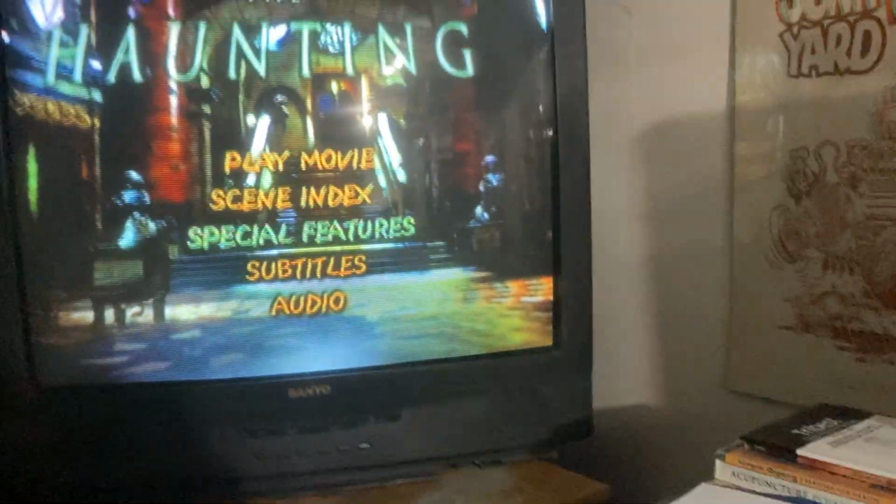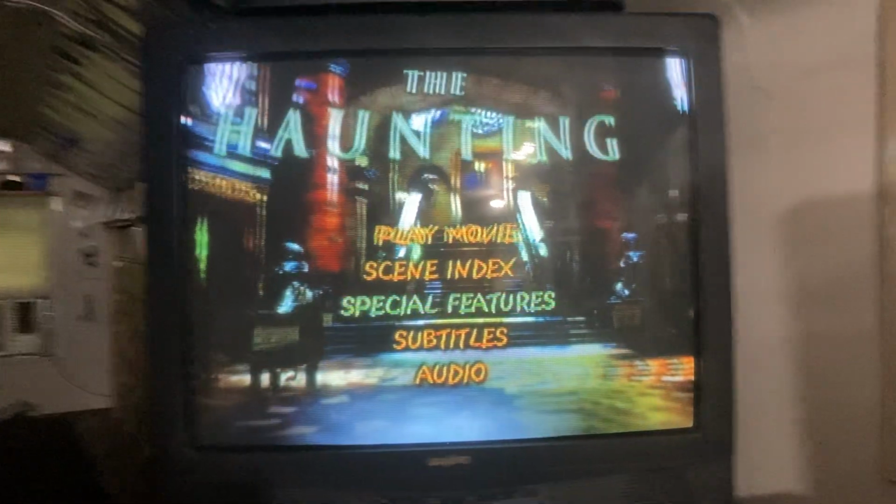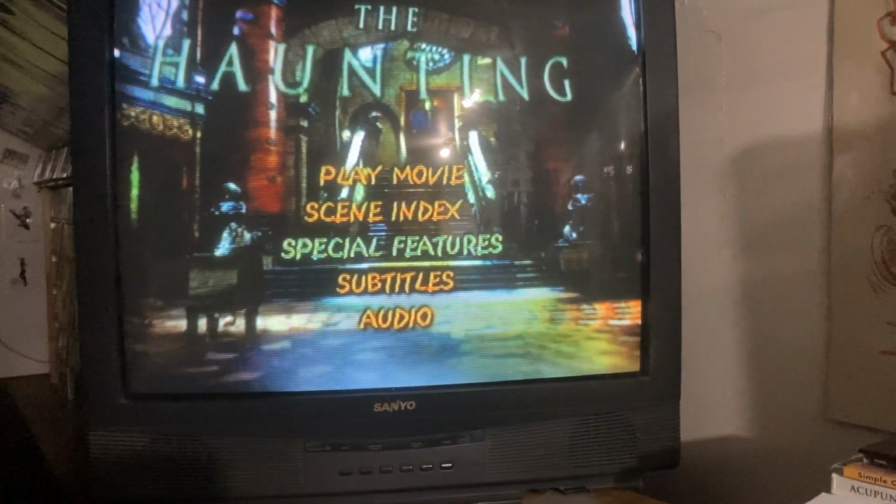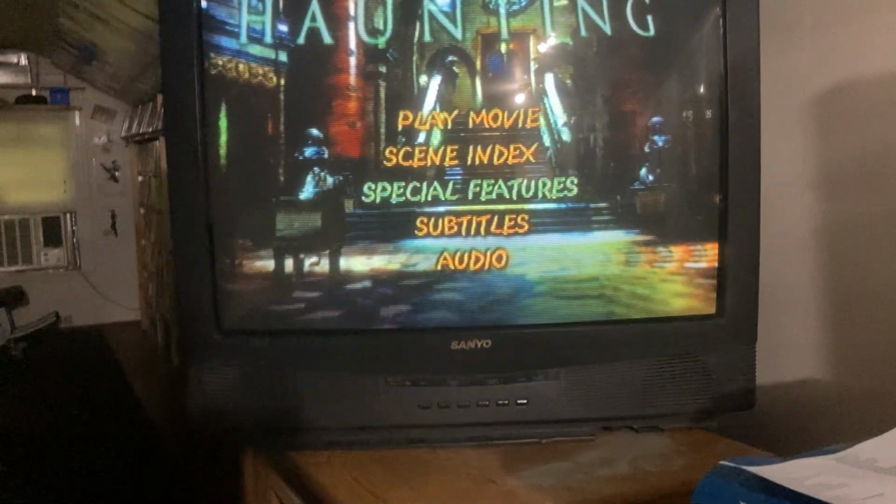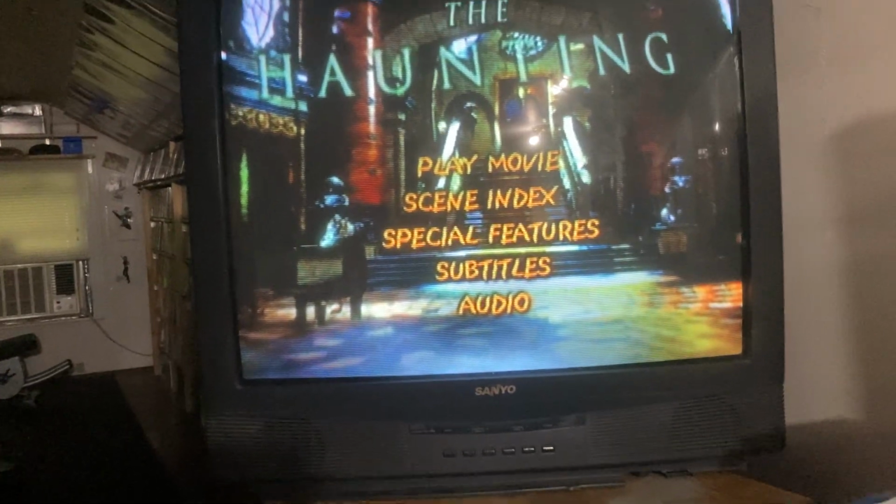Whereas when you have it on a Blu-ray player or a DVD player, I've got my DVD player down there, it doesn't show up at all. So I'm gonna show you what I mean. If you choose special features,